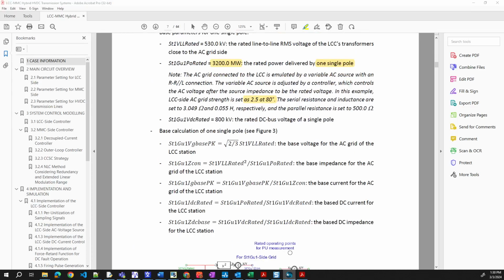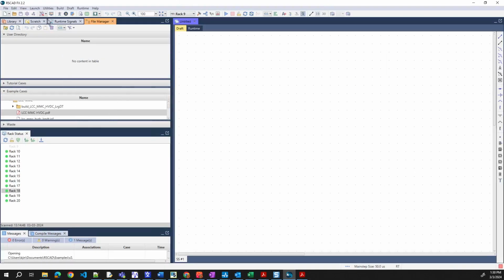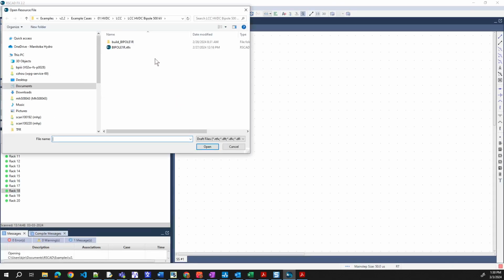Let me open the case for now. See what she means by the source is controlled by a controller. I don't know what that means.